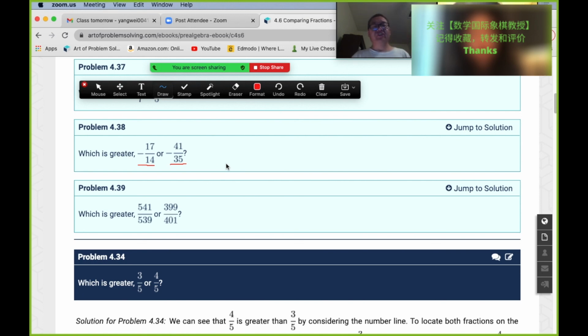Do division. Oh wait, I have to divide them. Yeah, use 14 divided by 17. Then you can write this one as a mixed number, right? So that means here you can write this one equals 1 negative